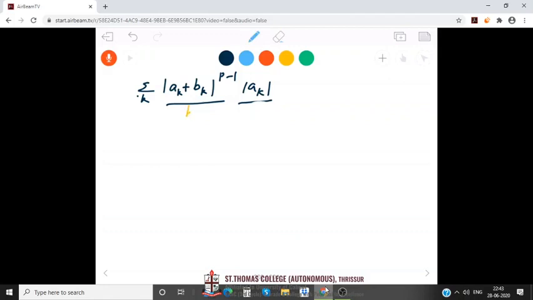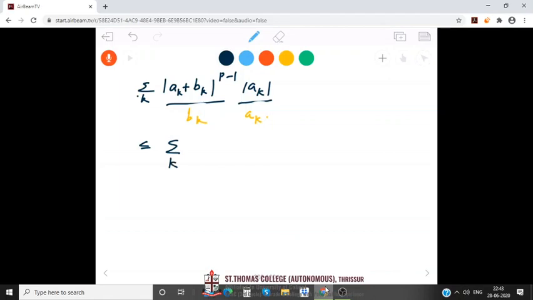This is my BI and this is my AI. So that according to Holder's inequality, this is of the form summation over k of |AK BK|, not AI, it is AK, BK and AK. Okay. Now by Holder's inequality we get this is less than or equal to